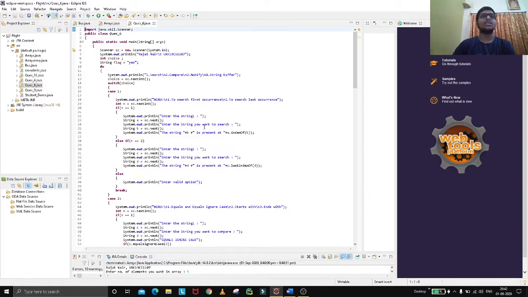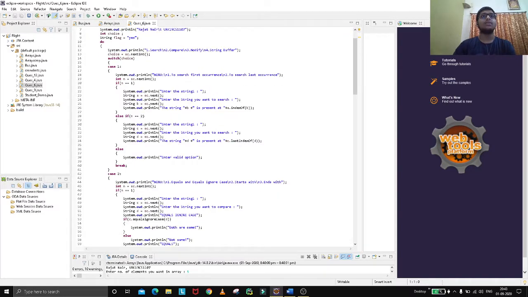Now we enter the string we want to search, like if I provide Delhi, and we search for E. It will tell the index of the first occurrence; in Delhi, E is at index 1, so it will provide 1. Otherwise if we choose to search the last occurrence, it will provide the last occurrence too.